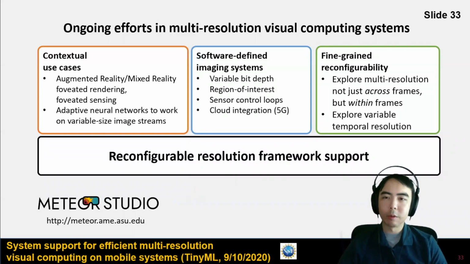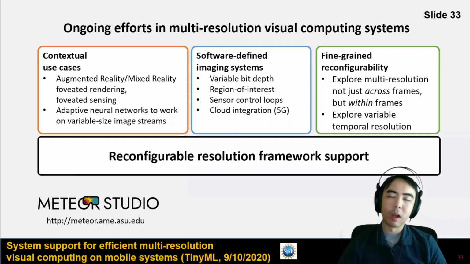I also think we should be looking into cloud integration. I don't think we've discussed that yet, Suren, but maybe we will in the future. But I'm thinking about how the software-defined imaging also pairs with the emergence of these 5G networks, where we're able to have low latency, high bandwidth links to cloud support, and what that means for our software-defined imaging system. So the software might move up and down the stack as far down as a sensor or the ISP or the vision processing unit or the CPU, and could go upwards towards the cloud as well.